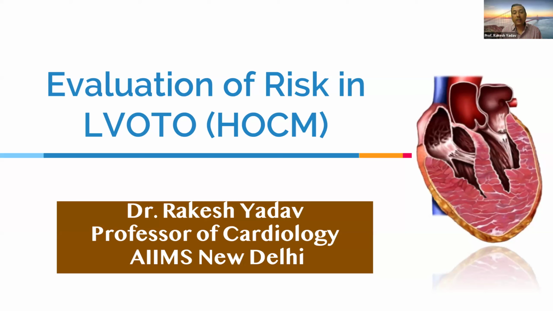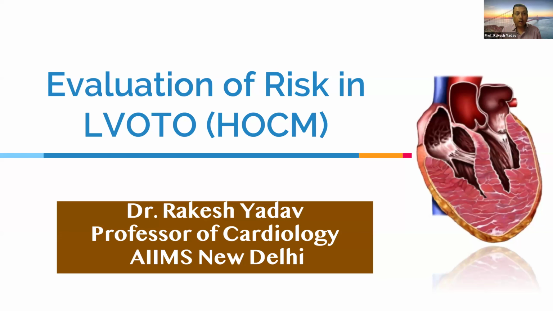And why is it important? Because if you have a case of dynamic LVOT obstruction, which we always call hypertrophic obstructive cardiomyopathy, this is an important part. I think 20% of your viva will be on evaluation of risk for sudden cardiac death. Because this is very important. Severe AS will have breathlessness, but there are fewer chances of sudden cardiac death as compared to dynamic LVOT